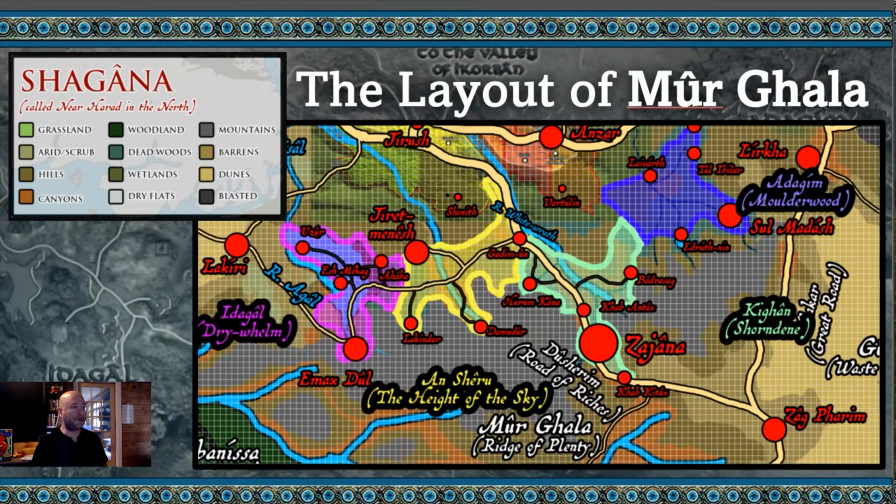Alrighty, so on to our first slide. So here's the layout of Ghala. So those of you that watched the Shigana stream, the Cartography of Shigana stream, you may notice a little bit of familiarity here. The northern parts of this map are what we presented last year. You can see Kudzagin, you can see Imular, and you can see some of the markers and whatnot throughout all of it. I should note too that this map is a planning map, so it does not completely accurately reflect